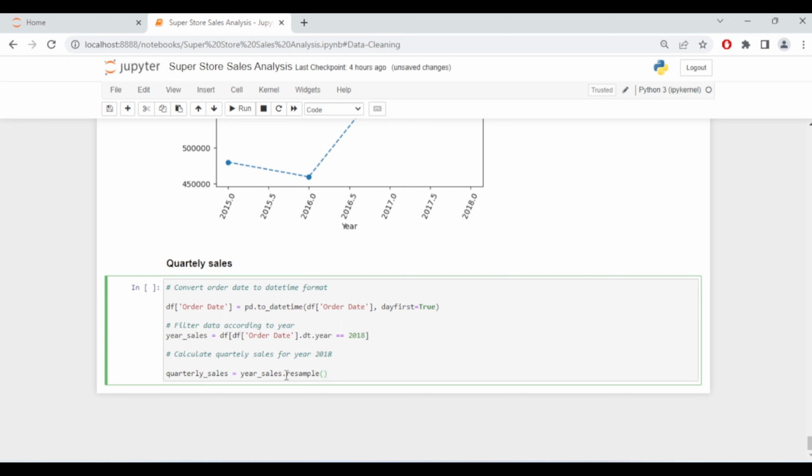Inside the resample function, I'm going to pass in other important arguments, and these arguments are Q, comma, on,